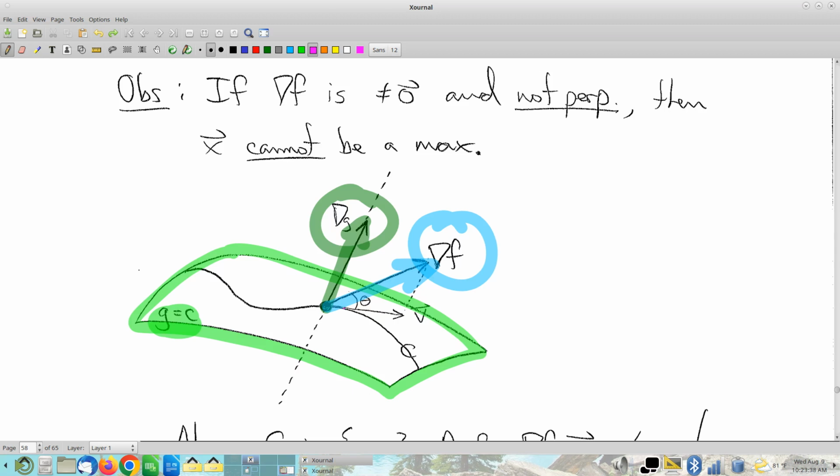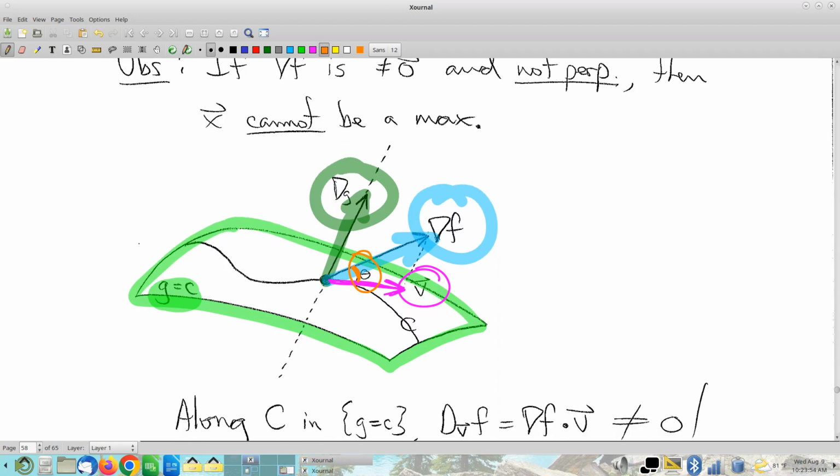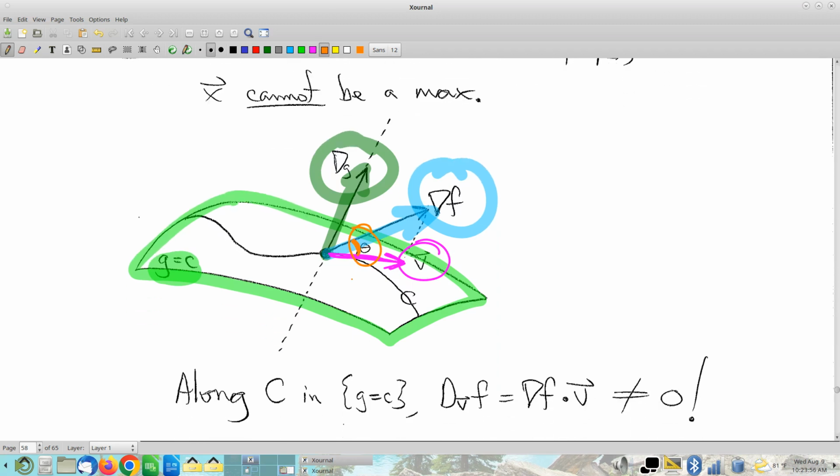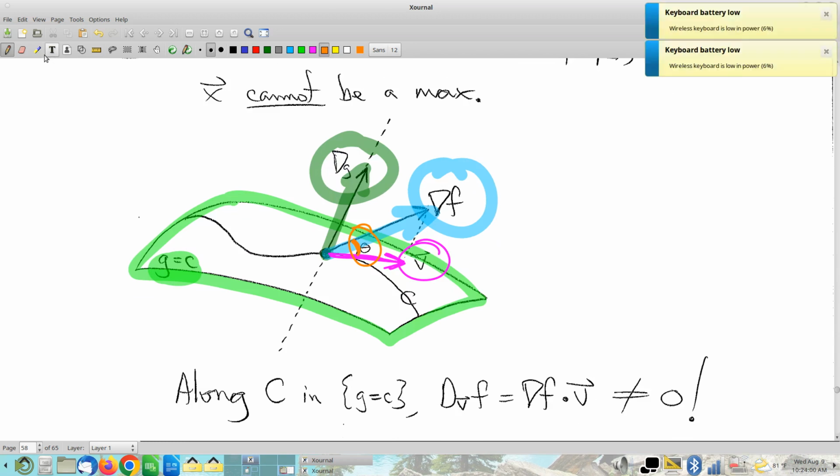So that's not really on the table. What you can do, though, is drop a perpendicular to the tangent plane, and say, I'm going to go that way. And now, just a quick geometric appeal, that makes this an acute angle. That theta right there is an acute angle, and I can then ask, how fast is the function changing? How fast the function is changing is determined by,